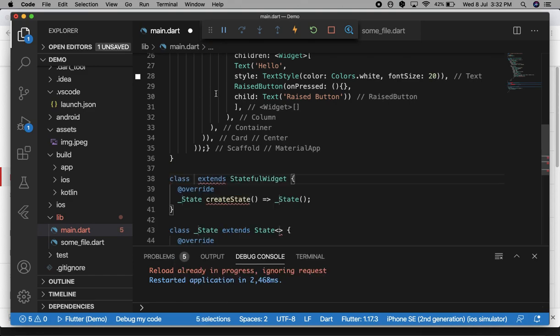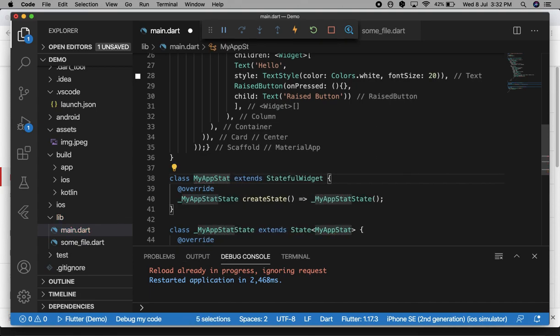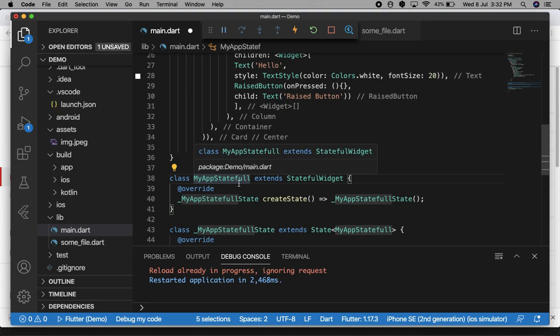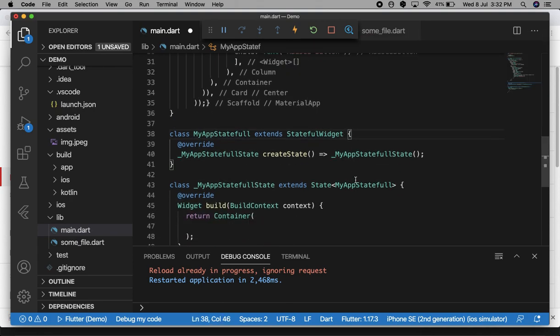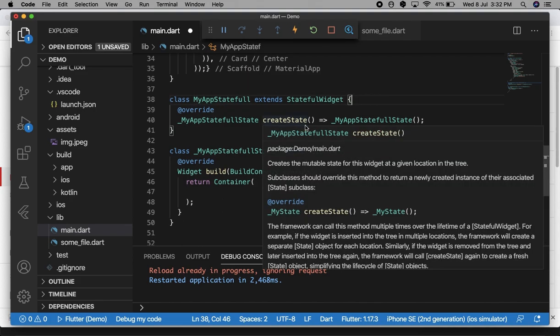It will create a stateful widget, and I'm going to give it the name MyAppStateful. This class will extend a stateful widget, and it has to override a method, createState.